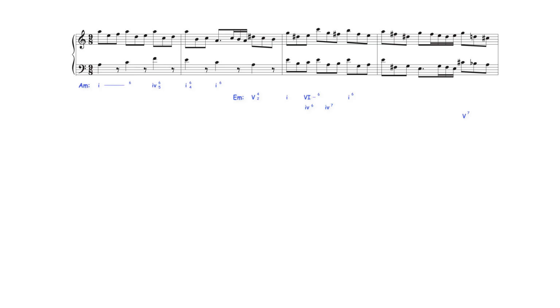Despite the voice exchange and apparent suspension, however, I tend to prefer the first analysis, hearing these beats as B dominant 7th harmony. Reasons for this include: the notes of the apparent suspension are part of the theme's pentachord descent, which is now in the lowest part of the texture and is therefore heard more prominently, exerting greater influence on